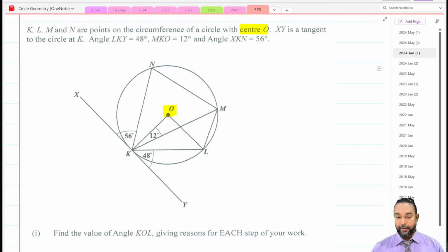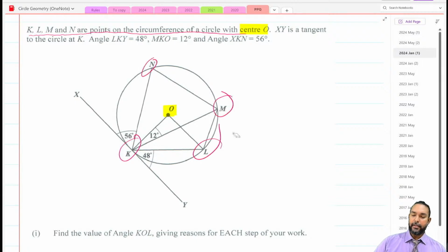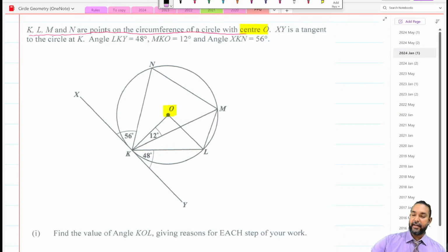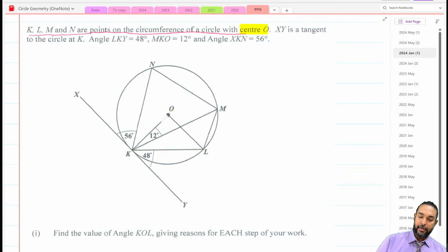Okay, guys, let's take a look. All right, so of course, we'll take a little preliminary read of the question. K, L, M, and N are points on the circumference of a circle center O. All right, so we have K, L, M, and N. Now, just by the way, what I like to do sometimes is blank out certain lines to make it easier to see things. So, for example, if I were to blank out that line,